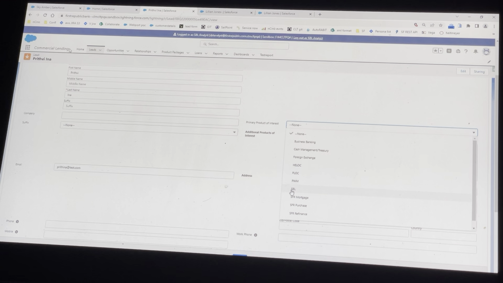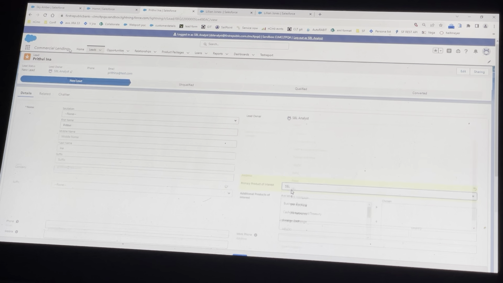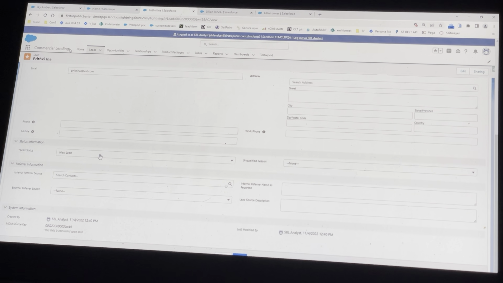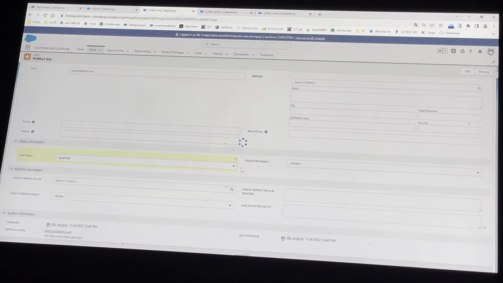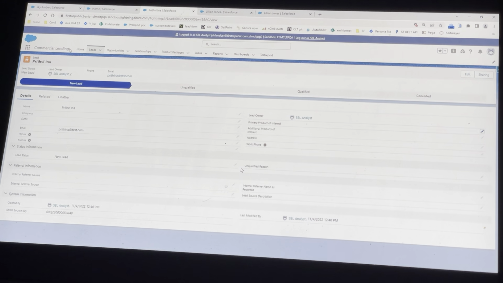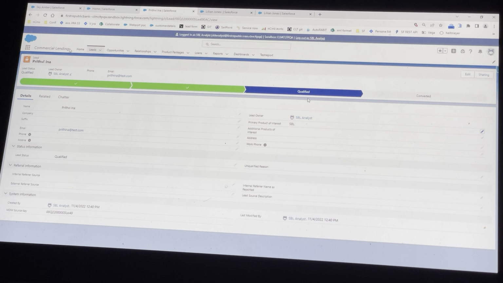I'm giving the product of interest, and I can update the lead status. So the lead status has to be qualified to convert it. I just qualified it, and in a few seconds it will update here. So the convert button has popped up here. So on click of convert,